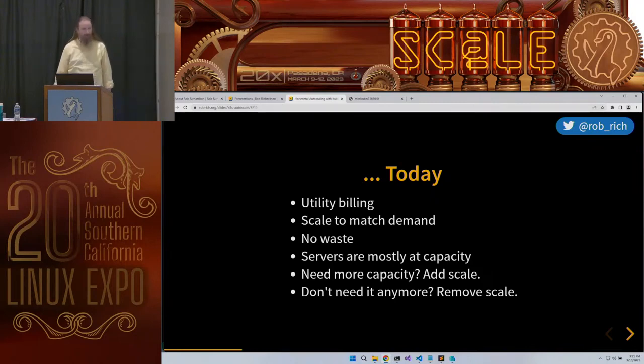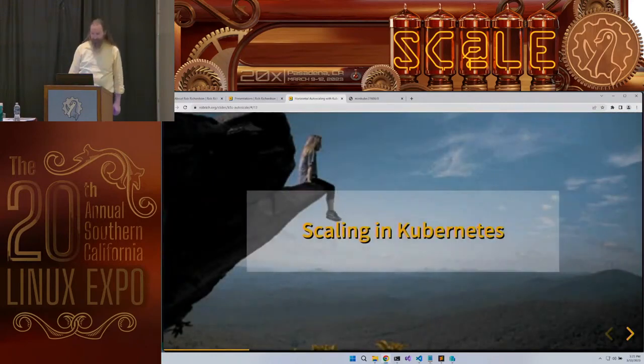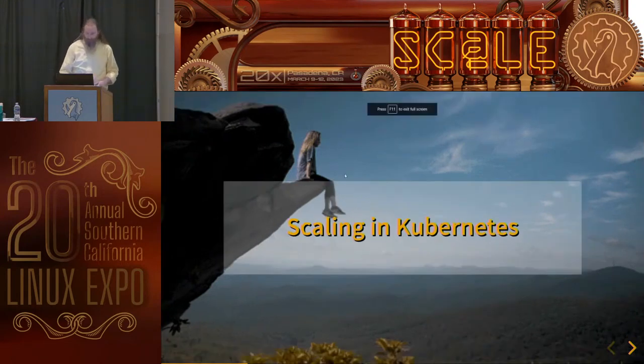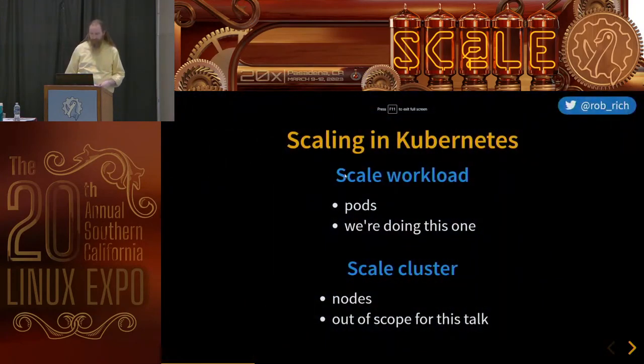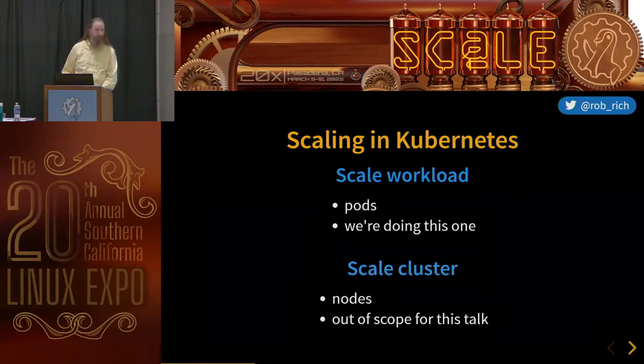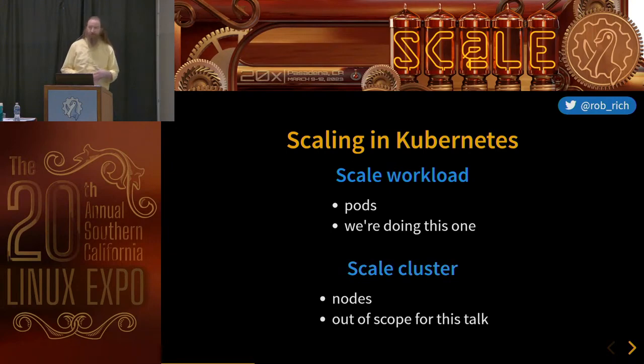If we need more capacity, we can scale up. If we want to pay less, we can scale down. So the cool part about that is that's scaling kind of in general across all topics. And now let's apply that more towards Kubernetes. Well, when we get here into Kubernetes, we could talk about scaling the cluster or scaling the workload. Now, scaling the cluster is definitely important. As you grab these slides from robrich.org, click on each of the blue links to learn more. That's not what we're going to do today. Scaling the cluster is important, but we're going to presume that that's done.